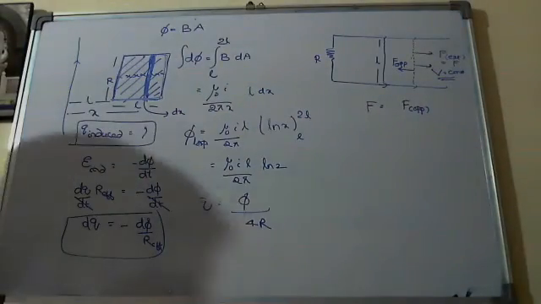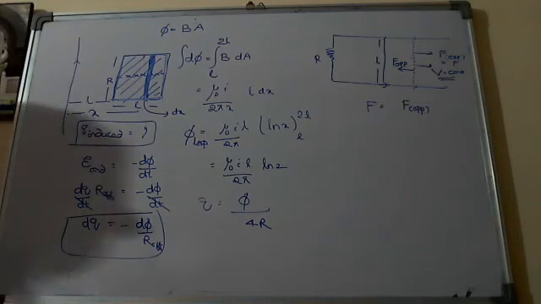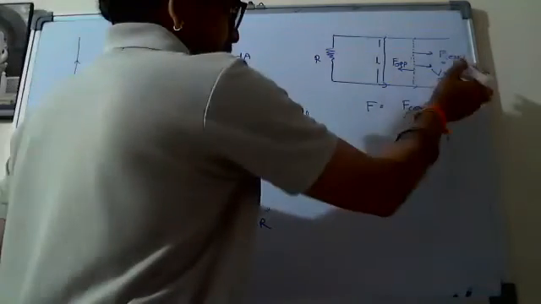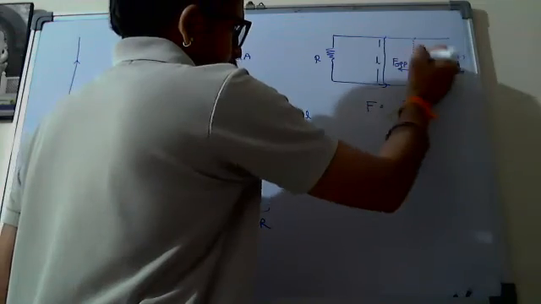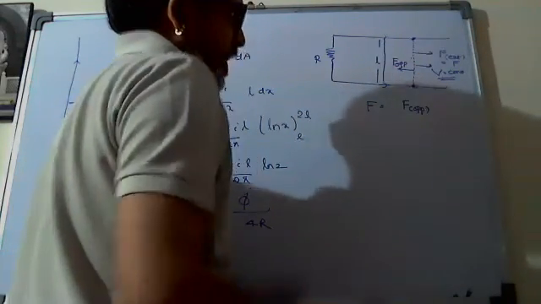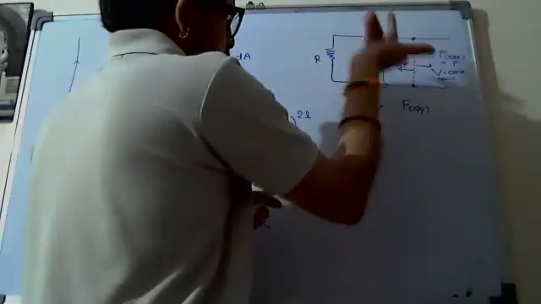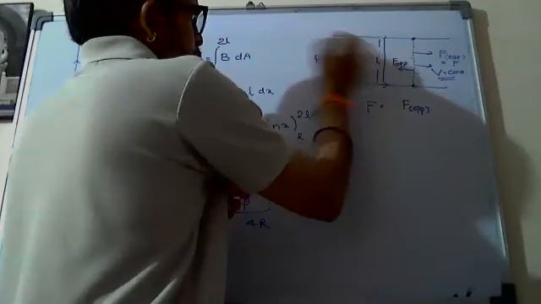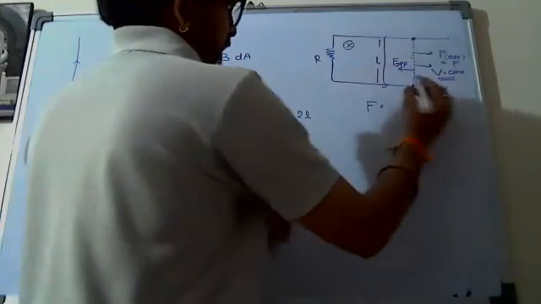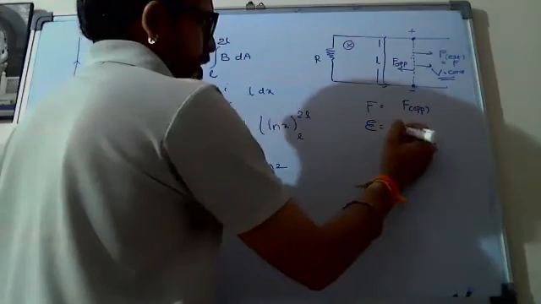So at that instant, what is the force acting on it? Simple, Nana. It is moving with a certain velocity. So surely there will be some EMF here across these two ends. Direction I am not asking. You can say that. Here V I am taking as usual. So it will be negative and that will be positive. You can say the direction. And the EMF induced is equal to LVB.